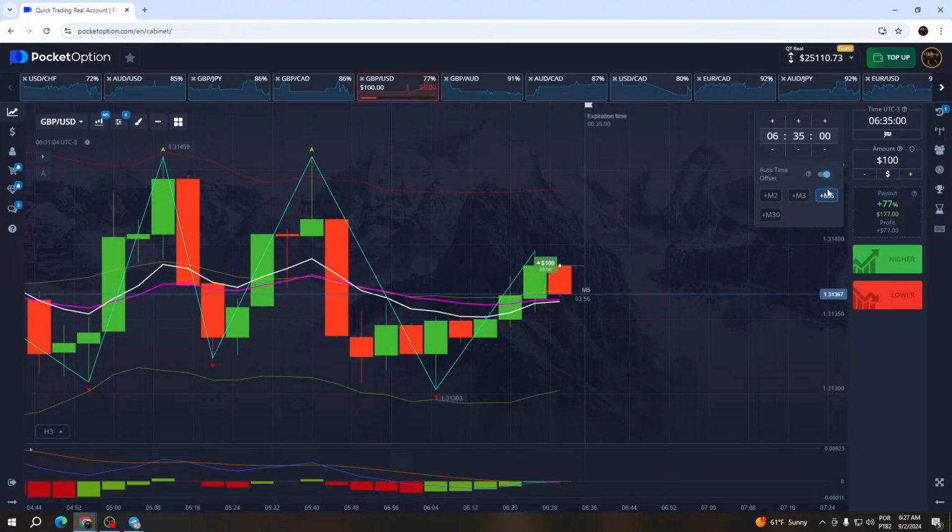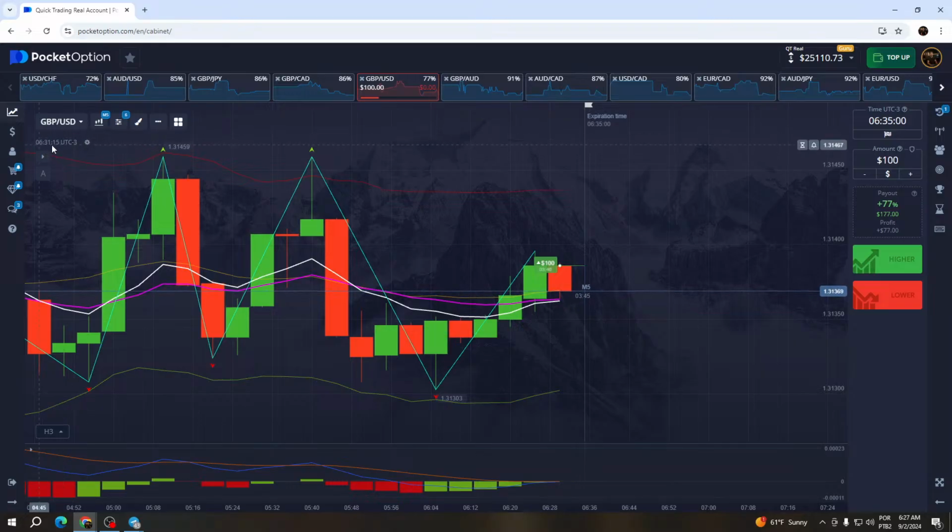When you use this one, exactly at 6:30. So if I perform an entry right now, my clock right here is 6:31. If I perform an entry right now, this entry will have a duration of only 3 minutes and 30 seconds.